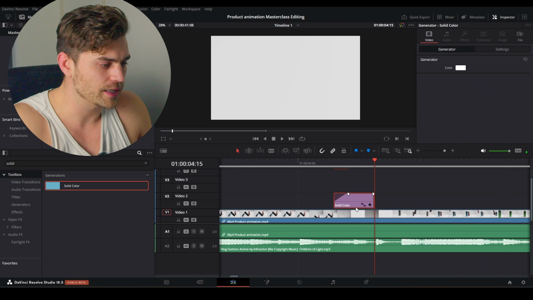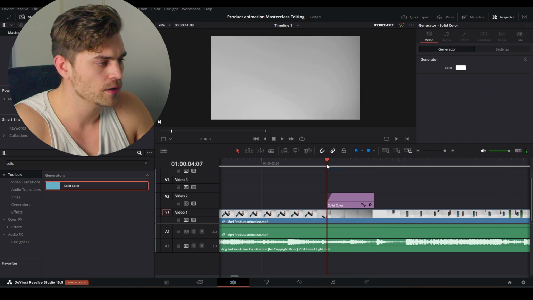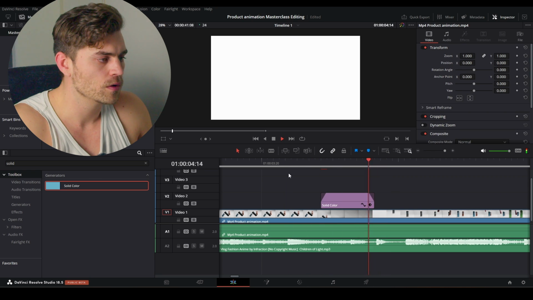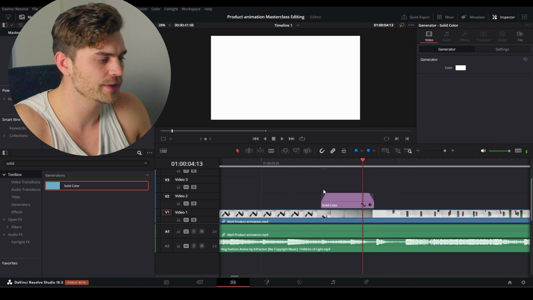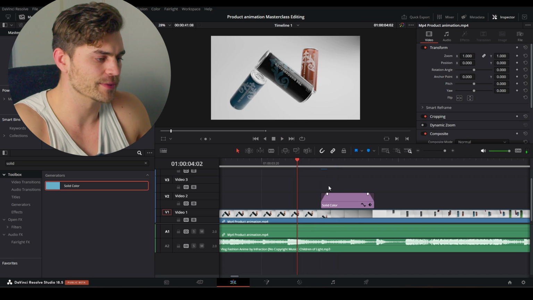And I think it should be a bit more aggressive. And it could be one frame longer as it's coming in, and then here it should fade out. And now it's way too heavy. And the reason for it is that this white is not the same as this white.